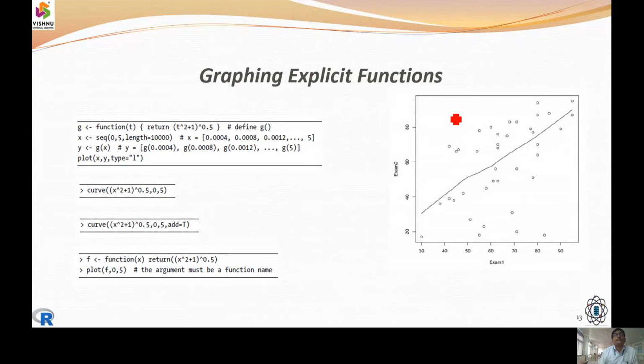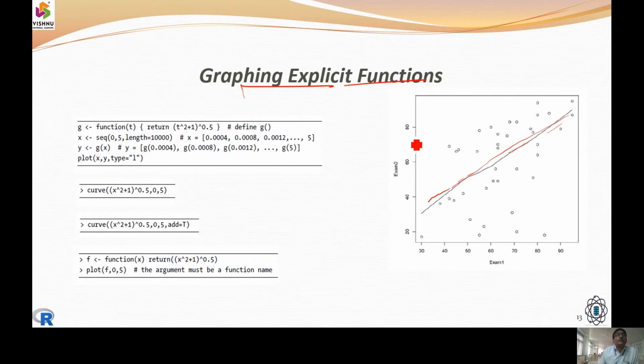Next, how we can combine a plot function, a curve function, so that we can draw the graph explicitly between the points. We need to draw the line between the points. So this was the primary aim of taking up this project.